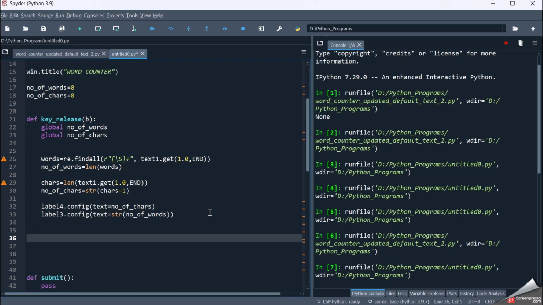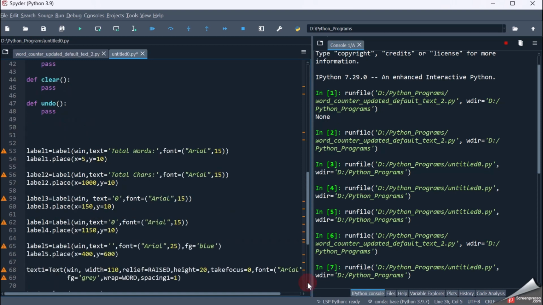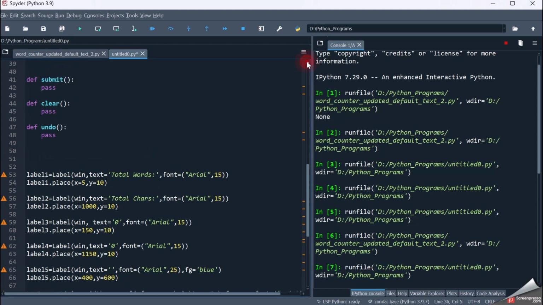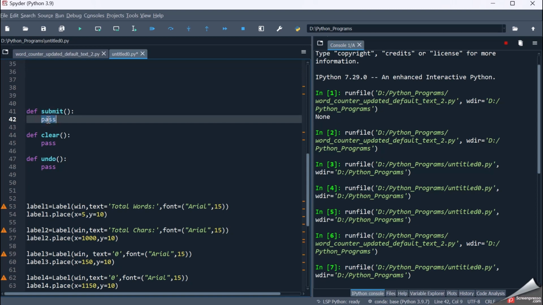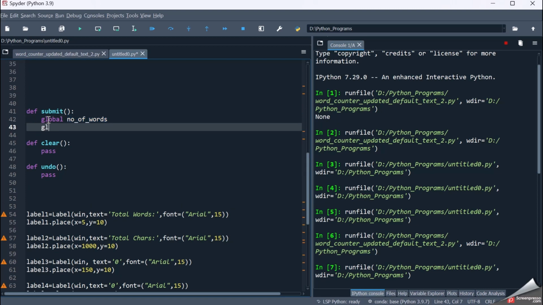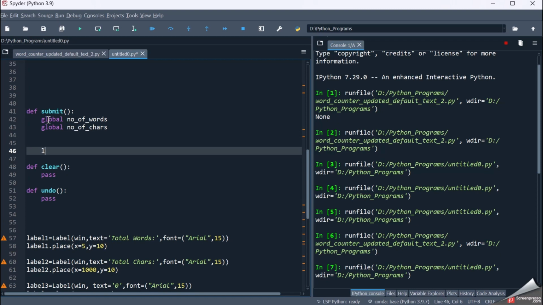Now let's go into the functionality of submit. Now when I click on the submit button, what happens? It should display on the label5 widget that there are so many words and so many characters. So let me say global number of words and again global number of chars. Now I have to display on my label5 widget.config